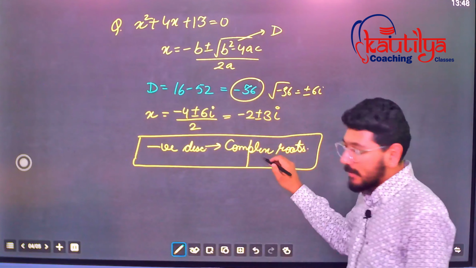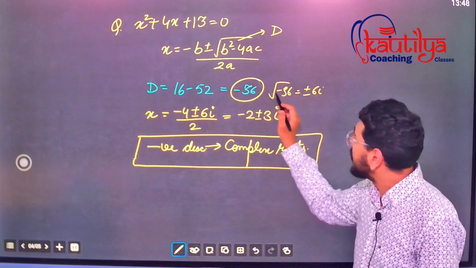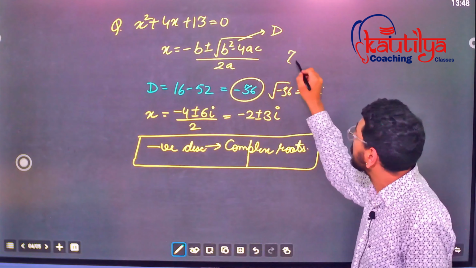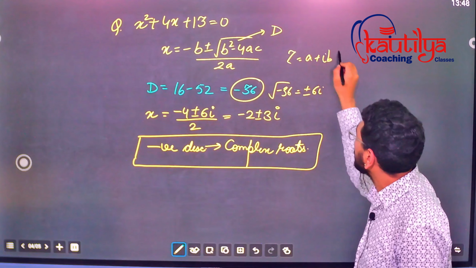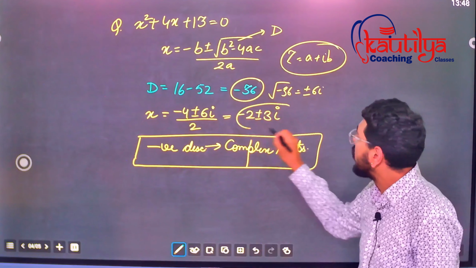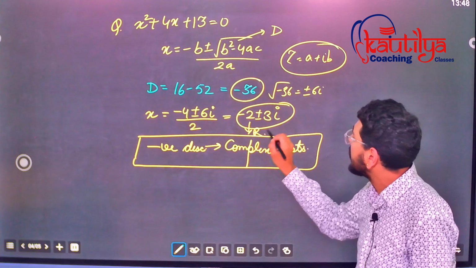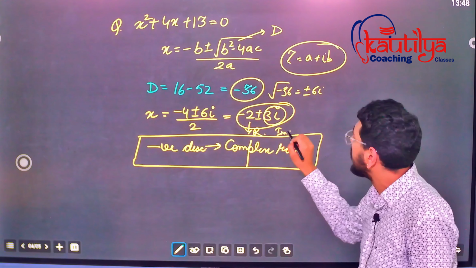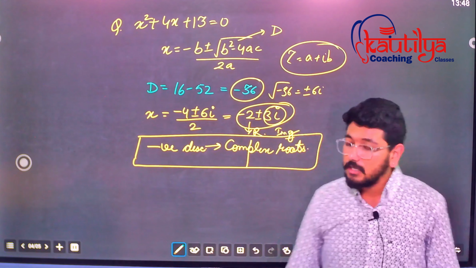So basically this is complex numbers, right? Complex numbers are in the form a plus iota b, a simple recapitulation. And this is a complex number: this one is the real part and this one is the imaginary part, right?